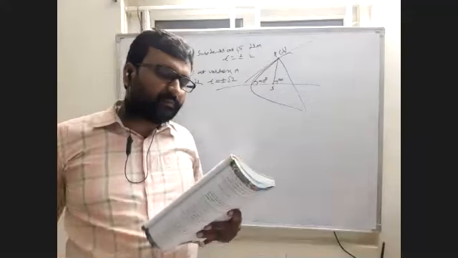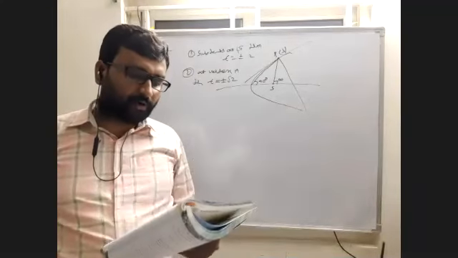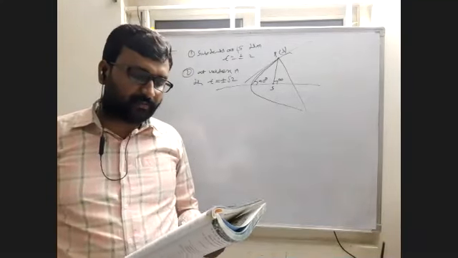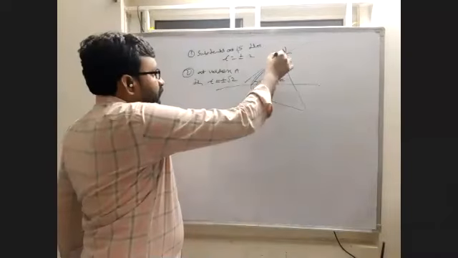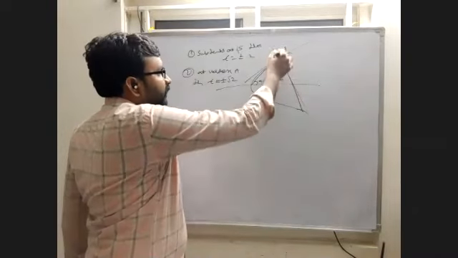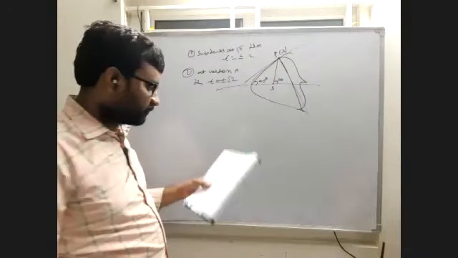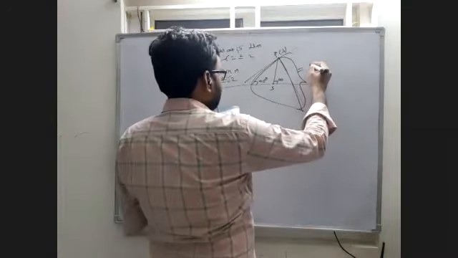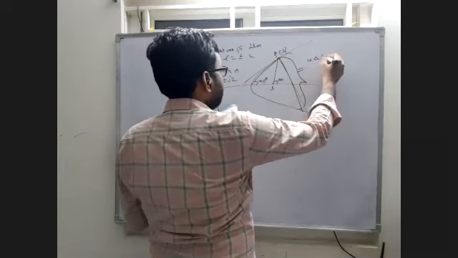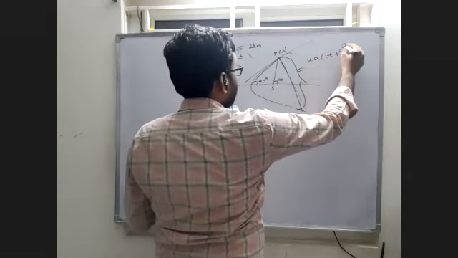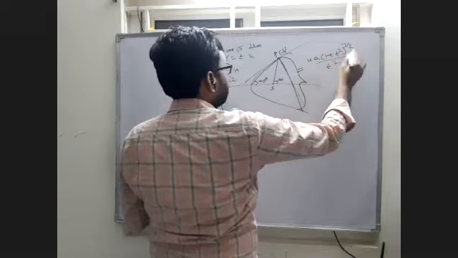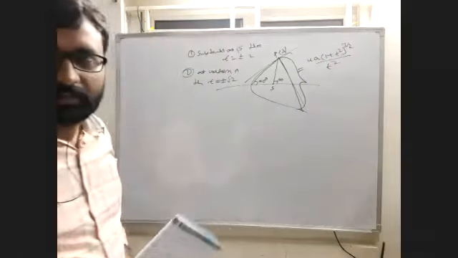The length of the normal chord drawn at the point t on the parabola is, this is the normal, right? At P of t, what is the length of this normal? For the parabola standard form y square equal to 4ax, what is that length? 4a into (1 plus t square) whole power 3 by 2, by t square. This is the length of the normal.